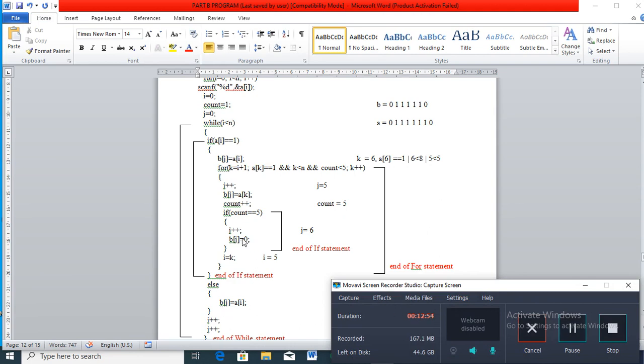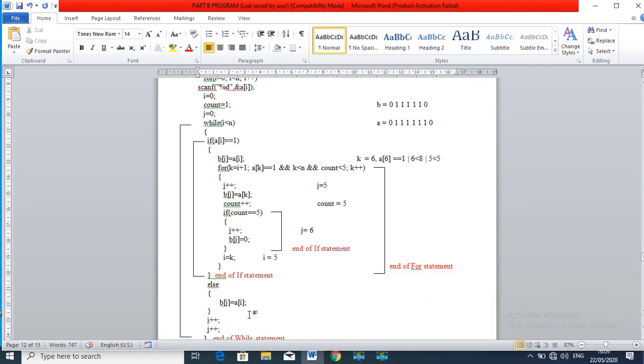Now after this condition fails, directly it comes out to I plus plus, j plus plus, wherein I value is here I equal to 6 and j plus plus, j is equal to 7.